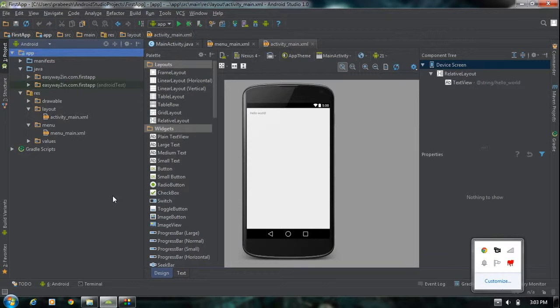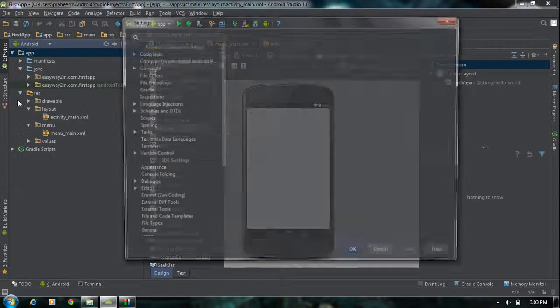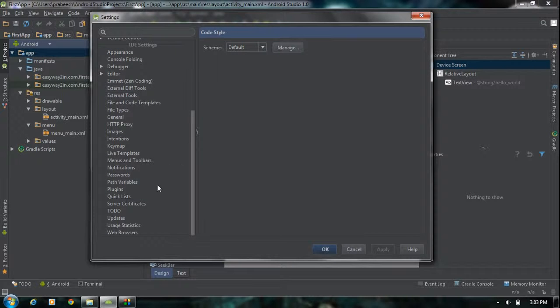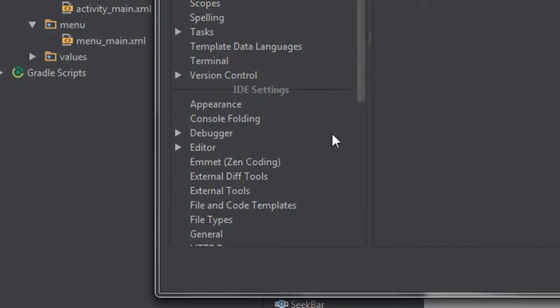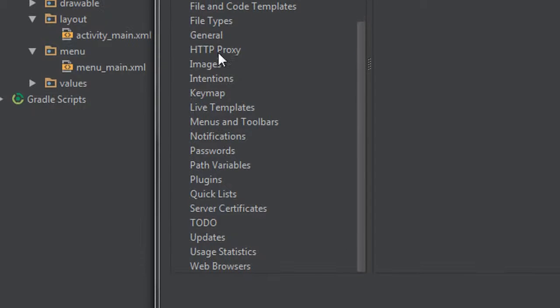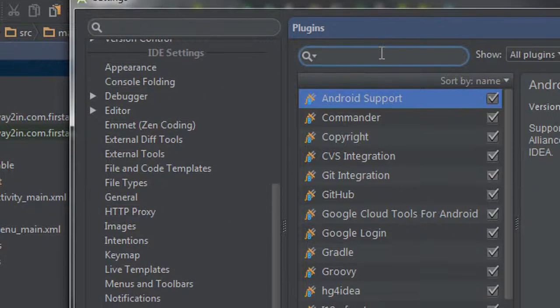Okay, now we have to download the Genymotion plugin into Android Studio. So the Android Studio already has a built-in option to download the Genymotion plugins. So click the file menu and choose the settings option, and from this window drag down and choose the plugin option. Choose plugin options. You can find it at the bottom. Yeah, here it is. Click the plugin option and in the search box,